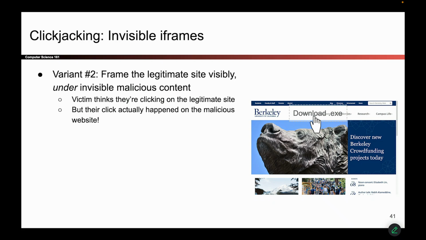So you can design a style such that the two buttons are on top of each other, or they're layered in some way that clicking this part of the website causes this button to execute. So we're not an HTML class, but all these different things are possible by using HTML to control the appearance